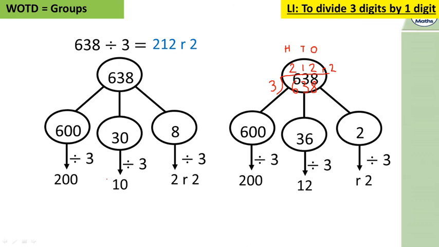Okay, so it's showing you a different way of partitioning it, because this one is going to show you remainders. That's just different ways of partitioning it. So when you're using the part-whole model, you can partition it into different numbers that you think are going to make it easier for you to do your division sum